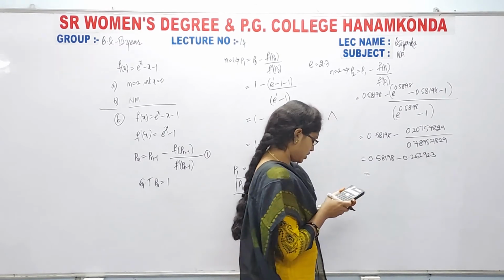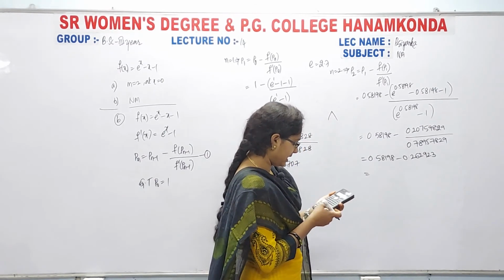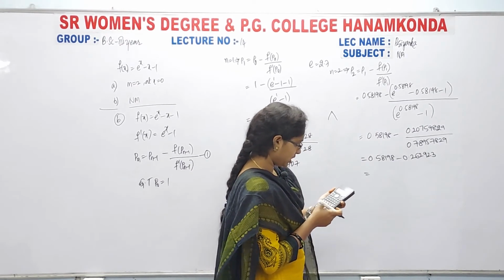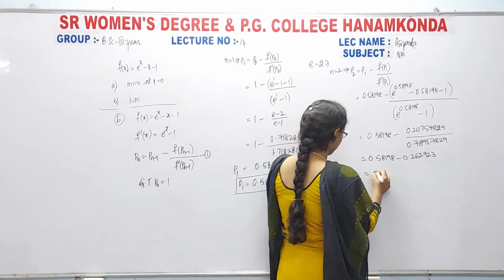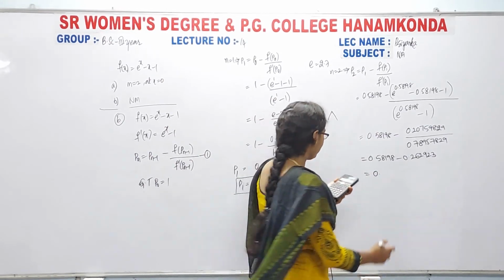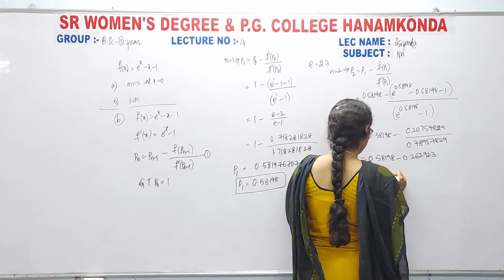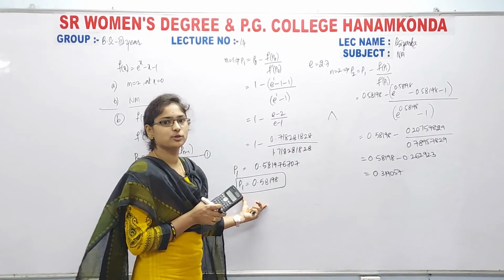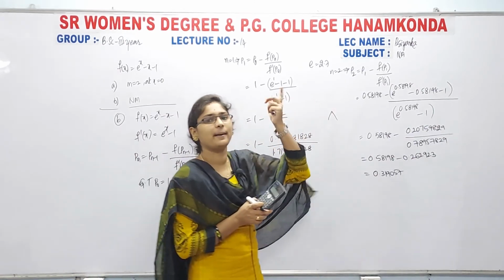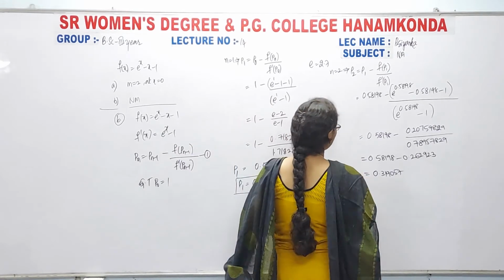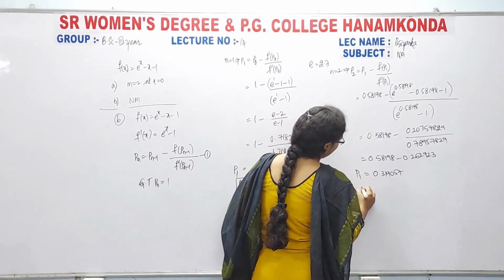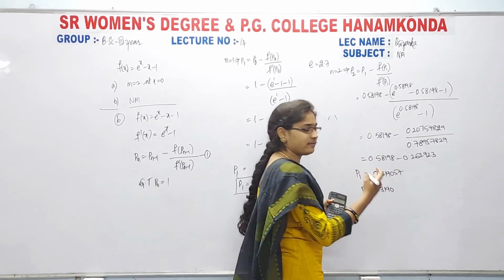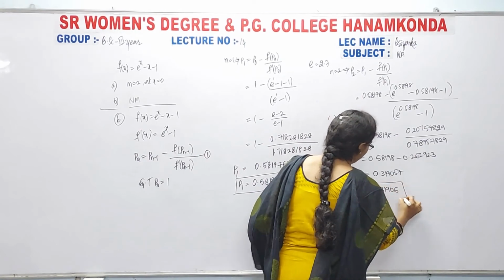So now here 0.58198 minus 0.262923, we have that it is nothing but 0.319057. Why I am taking approximate is because here I have to take e power, so it is enough to take up to 5 digits. So now here P2 is equal to 0.31906, after 5 we have 7, I am taking directly 6.